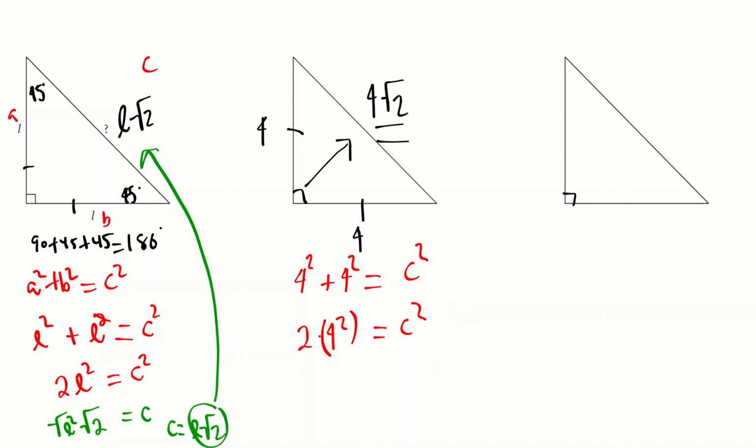Now here, let's take the square root of both sides. Let's not multiply that 4 squared and then multiply it times 2, because we're going to end up doing a lot more work than we have to. So we're going to take the square root of 2, and we're also going to take the square root of 4 squared. Some of you might have caught that. That actually works out very nicely. The square root of 4 squared is 4, or you can say the square root of 16. The square root of 16 is 4, and then radical 2 stays as radical 2,